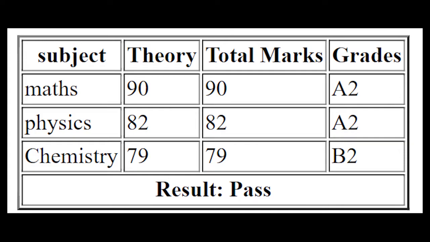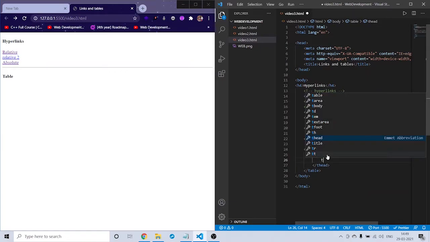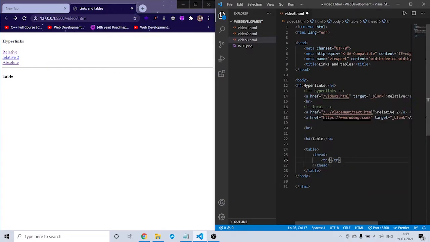If you see, the first row is highlighted, okay? As those are the headings, they are highlighted. We don't need to separately change the style of those. We can directly do that in HTML. So for that, we need to give thead here, because they are headings. To be precise, we need to give the thead tag, and in that head we need to give tr, which is the row tag.